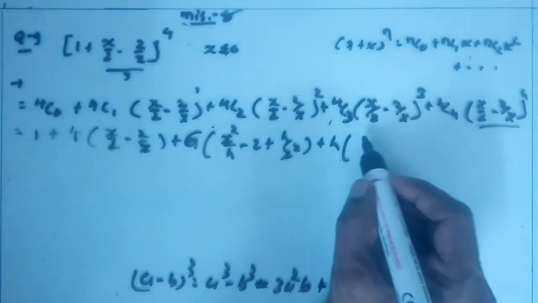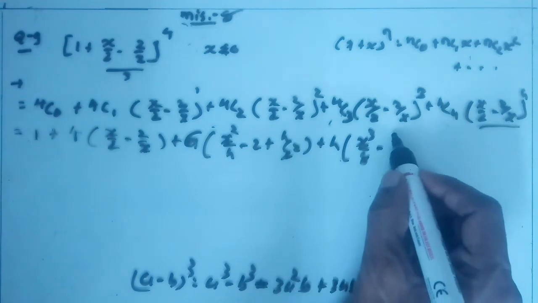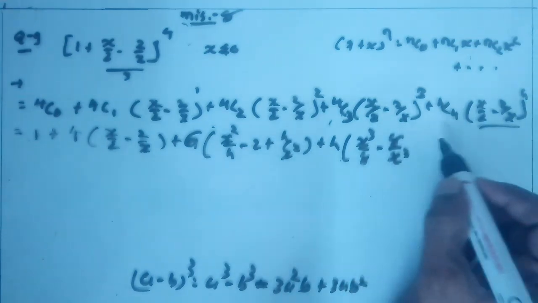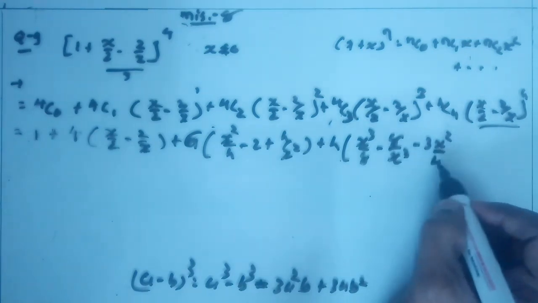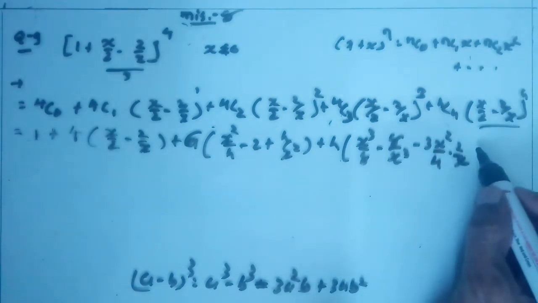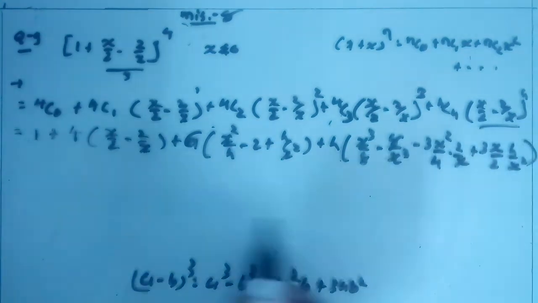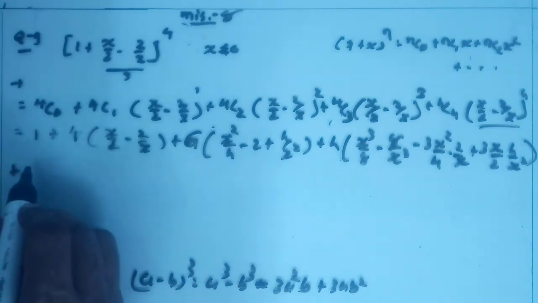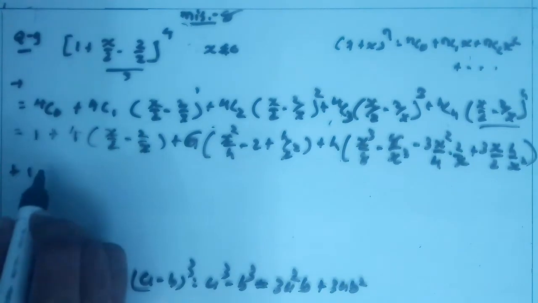So x upon 2 raised to 3, that is x raised to 3 upon 8, minus 2 raised to 3, 8 upon x raised to 3, minus 3 x square upon 2 square, that is 4, into 2 upon x, clear, plus 3 into x upon 2 into square of last term 4 upon x square, okay, plus 4C4 is equal to 1 into x upon 2 minus 2 upon x raised to 4 is equal to, here